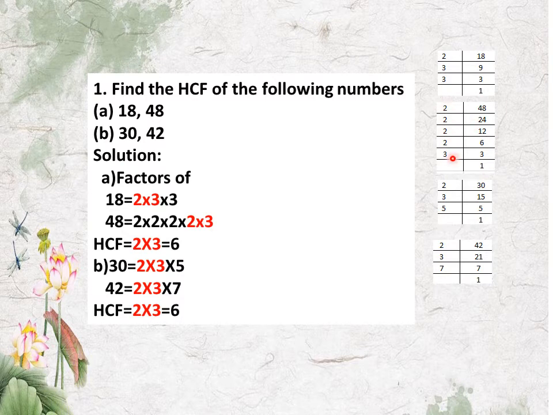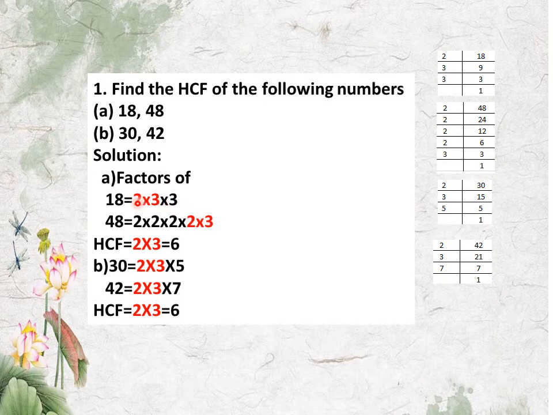Here, what all we have got, these are the factors. See how many prime numbers we are getting here, the common factors, these we are taking. Now from here, 2, how many times does it exist in the factors of 18? We will see, 1 time. So only one 2 we can select from 48, not more than 1. Then coming to the number 3. 3, how many times here? Here 2 times, but we are not going to take 2 times. So here we will check the other factors of 48, how many times it exists. So here it exists only once. So we can take 3 once.